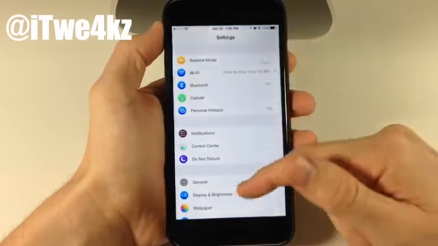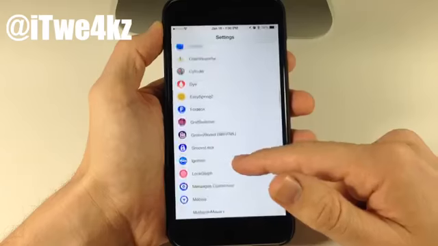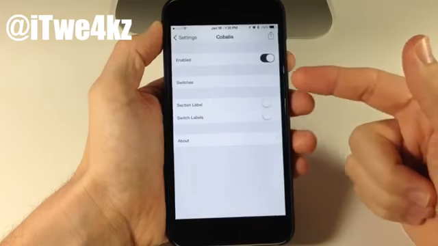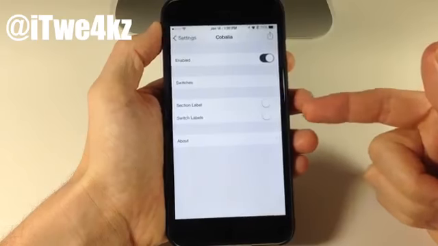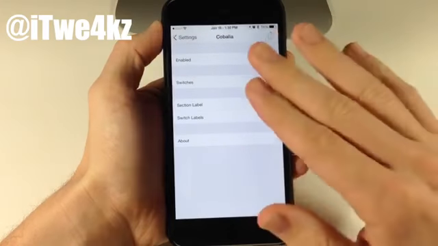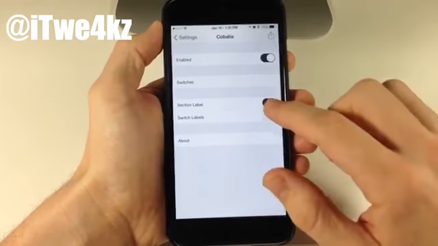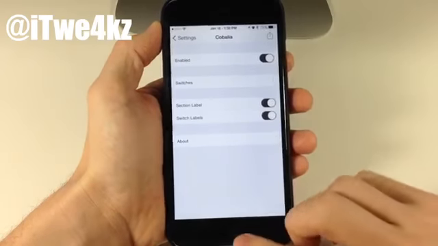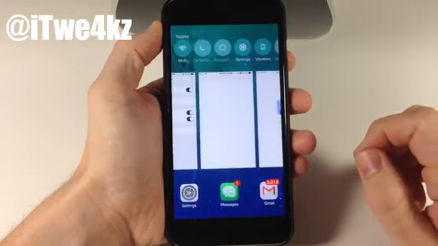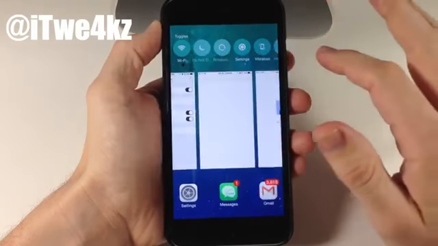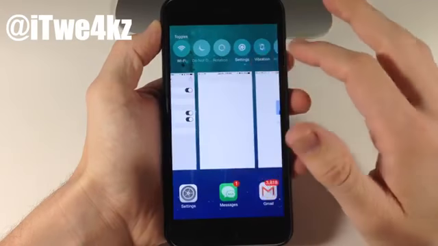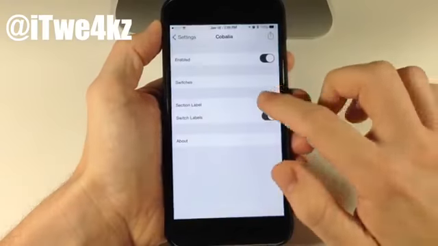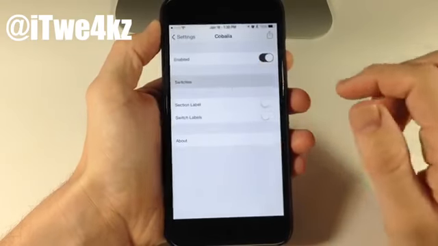Now, if we go into the settings here and we go down here into Cobalia settings panel and tap on that, you can see that you do need to enable this, and then you have your switches. You also have section labels and switch labels. So section label is basically just giving you a toggles heading in the app switcher, and then also right here we have switch labels, so labels for the switches. So you can see what that looks like with both of those on. I think it looks better definitely without these switch labels, and I also leave off the toggles label as well right up there. So we'll just toggle both of these off,